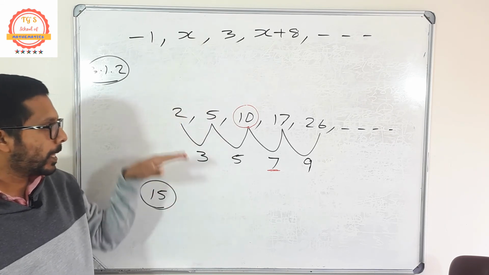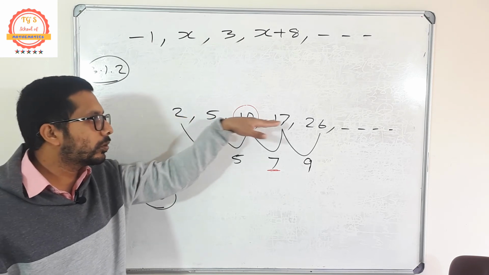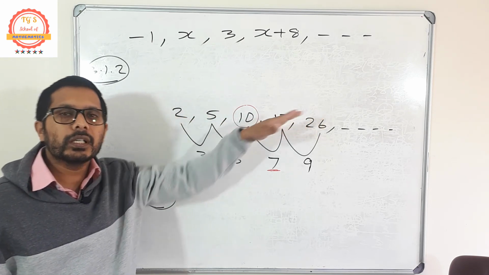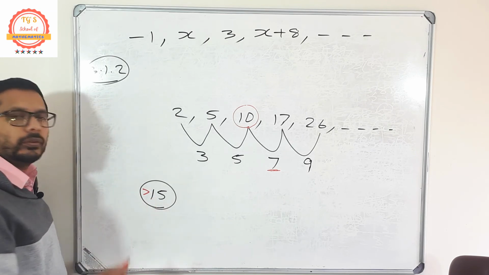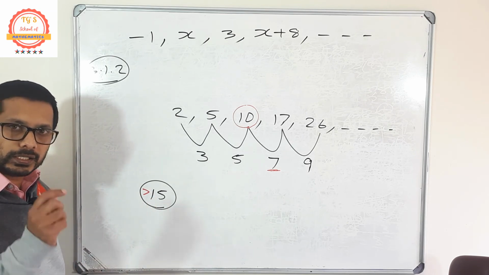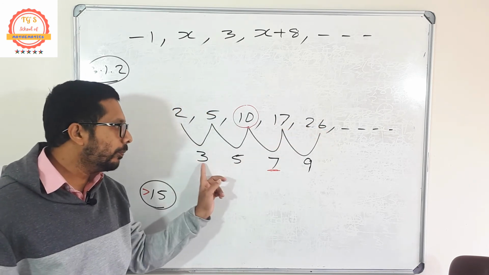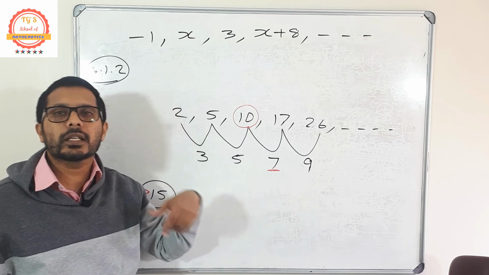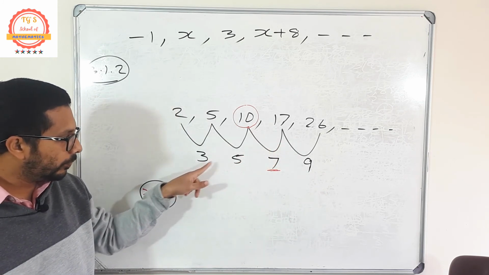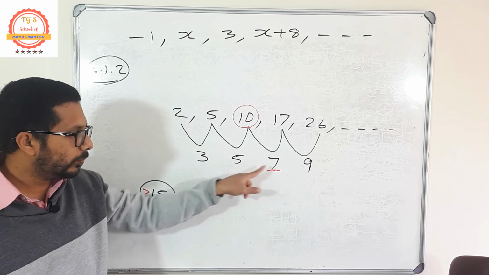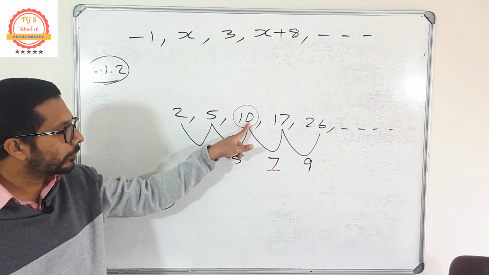Listen once more. The question is like this. What is the first term of this quadratic sequence where the sum of this one is greater than 15? So where does this 15 lie? 3 plus 5, 8. 8 plus 7, 15. 15 is here.